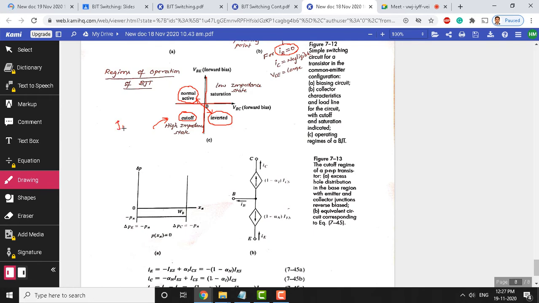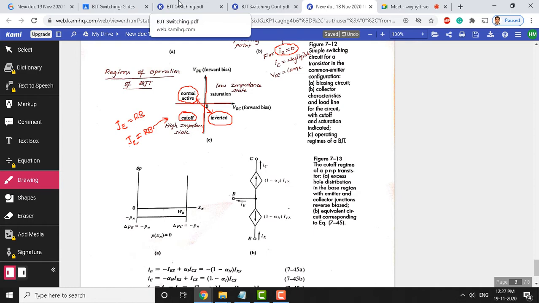So the emitter-base junction is reverse biased, and the collector-base junction, JC, as I will call it, sometimes you can call it JCB also. Here you can also call it JEB, but for simplicity I am showing it as JE. JE stands for the junction between emitter and base. JC stands for the junction between collector and base. So this is also reverse biased. Under this condition, let us discuss the various currents flowing in the transistor.